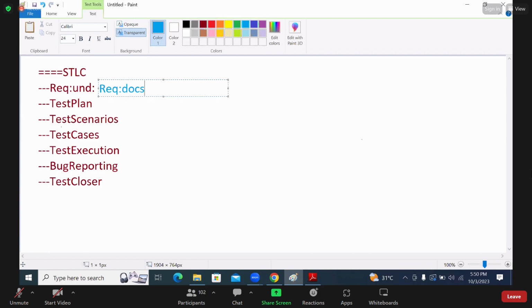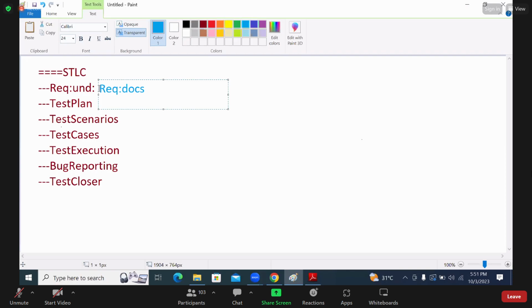According to that particular project and that particular client, whatever documents are there, we need to refer to all of them and begin to understand the requirement,